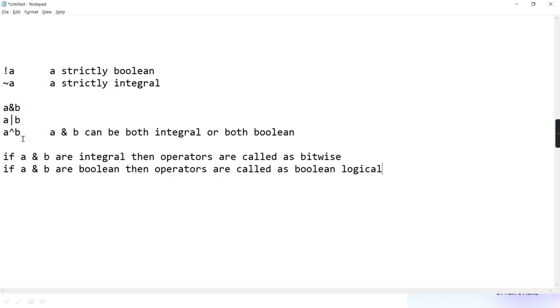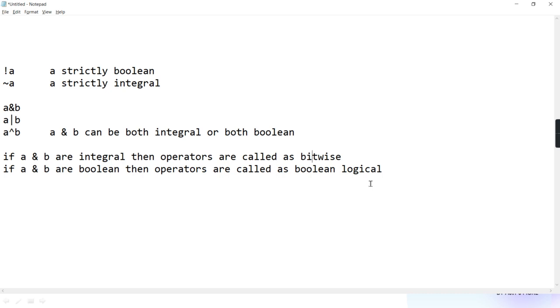That these three operators, and, or, and not, can be applied on boolean also and integer also. If these three are applied on integer, they will act as bitwise operators. And if these three are applied on boolean, then they will act as boolean logical.